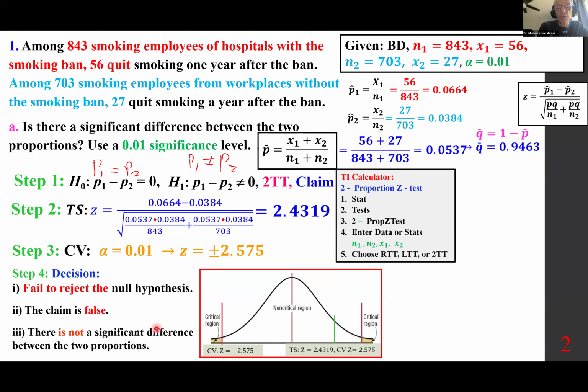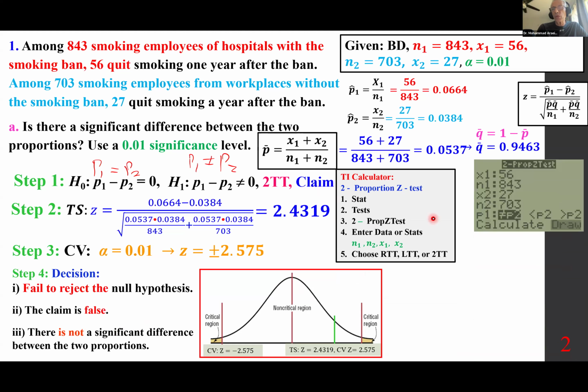And for that, we would use the two proportion z-test. I hope you see what we've done here is that instead of one group, we are dealing with two groups. That's the difference. So two proportion z-test. When we put that in, it's going to ask us for x sub 1, n sub 1. It's going to ask us for x sub 2, n sub 2. And we are going to make a decision which one do we use for P1: